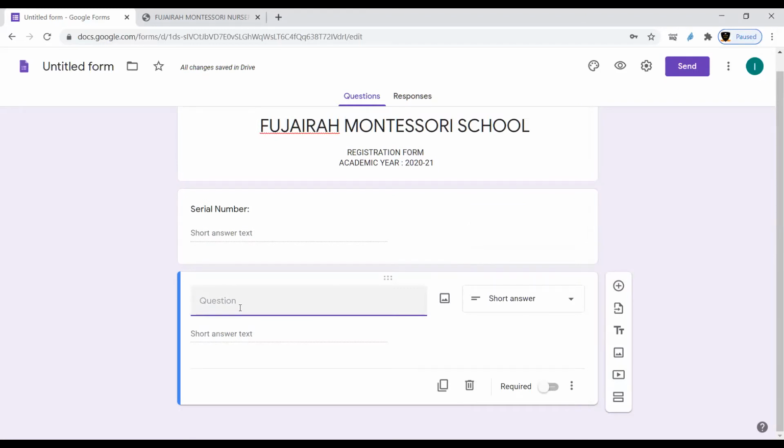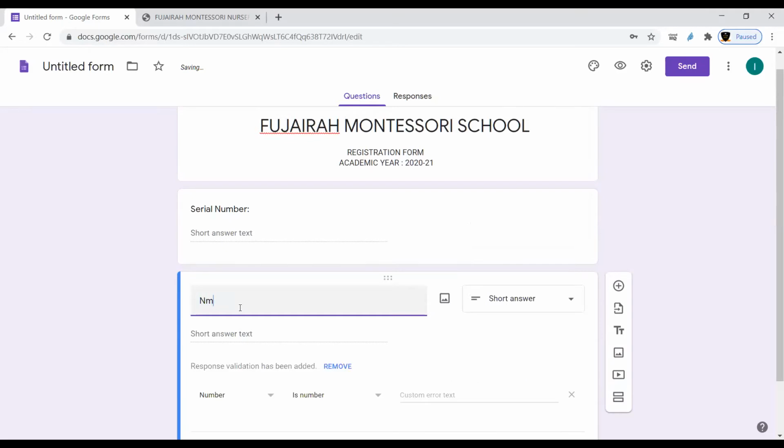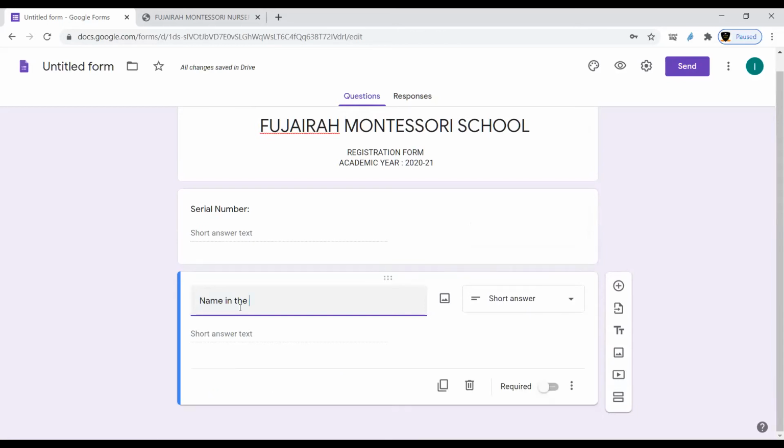So here you have to write the name, name as in the passport. Like this, whatever fields you want to give, you can give like this.